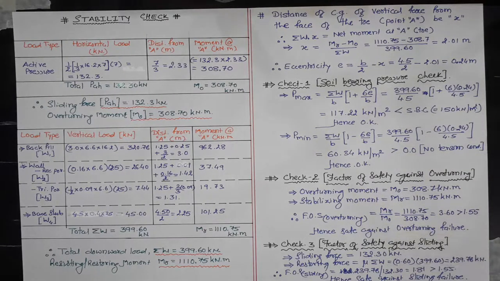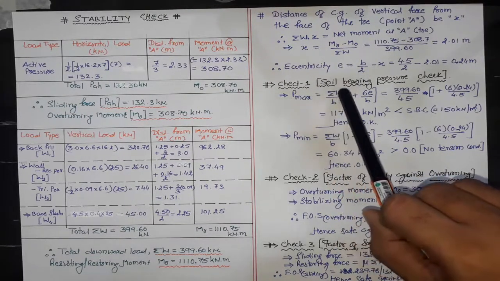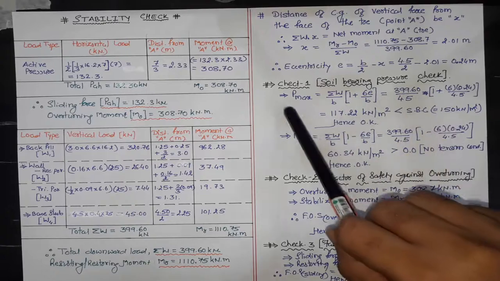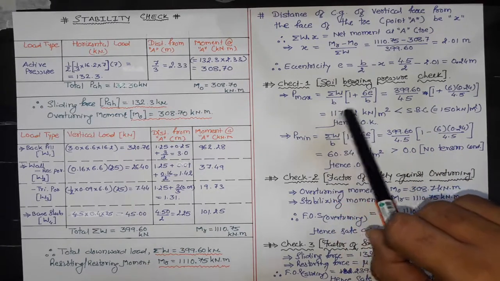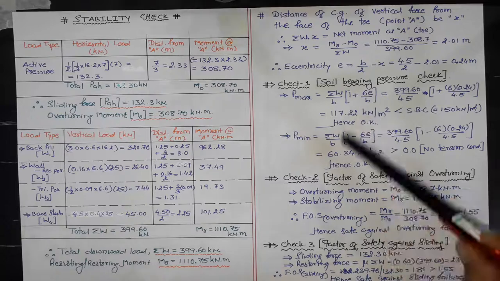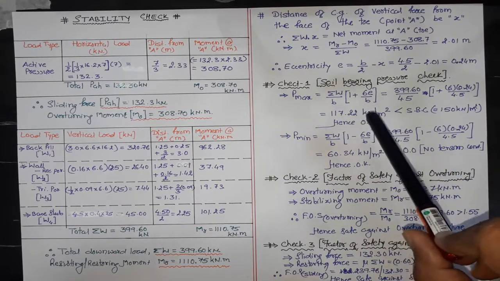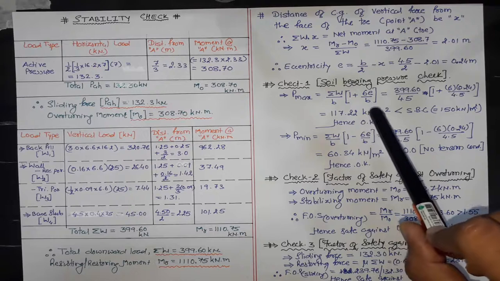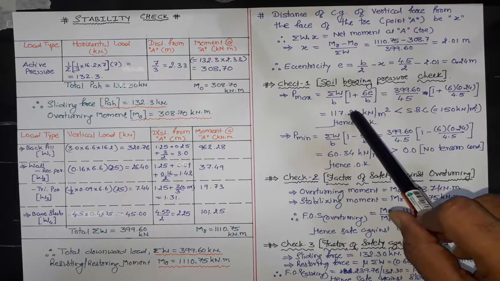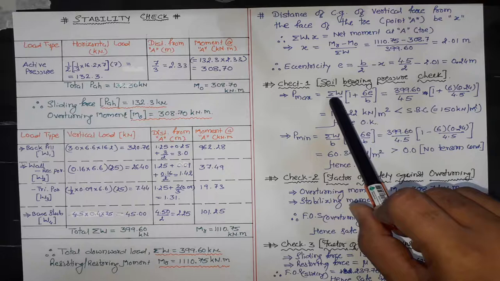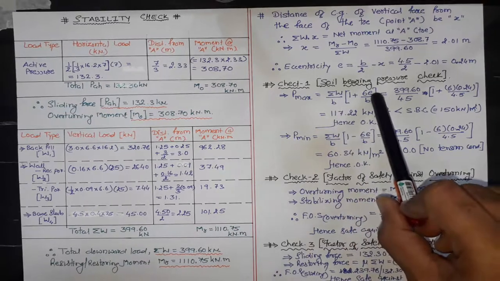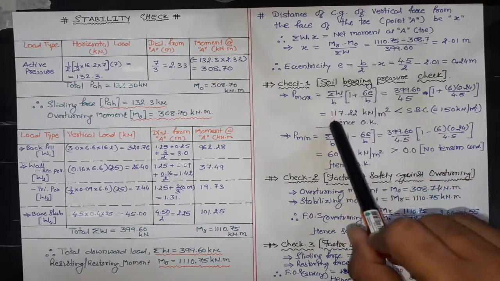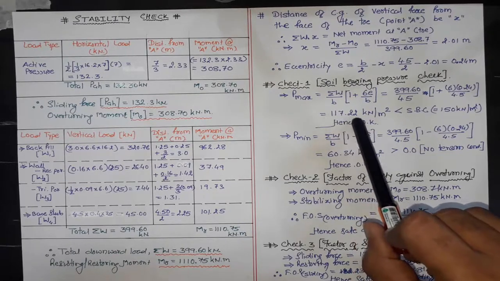Now we will go for 3 checks which we have carried out in our cantilever retaining wall design also. Our check number 1 is the soil bearing pressure check. That is P max is equal to sigma W by B into 1 plus 6e by b. This is an equation which you might have studied in your direct and bending theory. Here sigma W is the summation of all vertical forces, b is the base width, e is the eccentricity. Substituting these values, you will get an answer as 117.22 kilonewton per meter square,